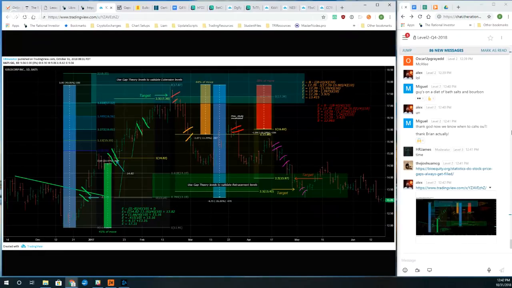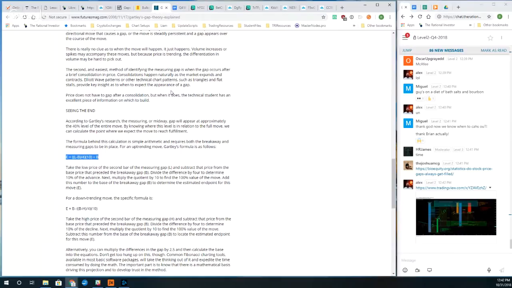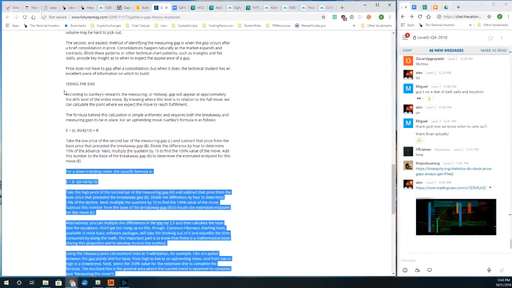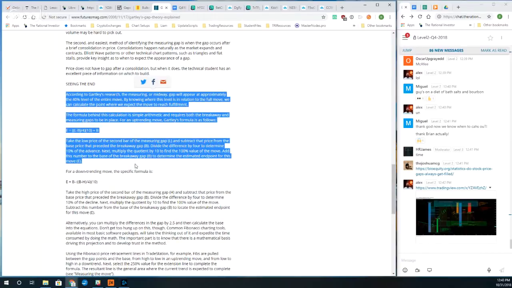So there's many different ways to do this. If you want to be the absolute most scientific about this, I actually like this tool. What I would suggest you do, and this is based on Mr. Gartley's work, is go and reproduce this chart for yourself. There's not a heck of a lot of reading, but it is extremely verbose, so you're probably going to have to read through it maybe 4 or 5 times to get all of the